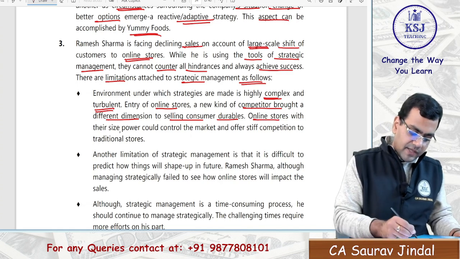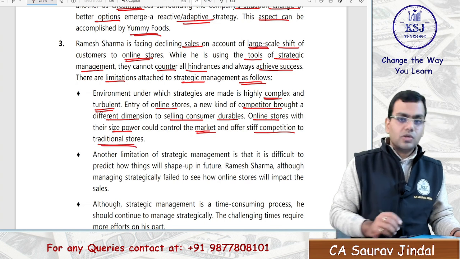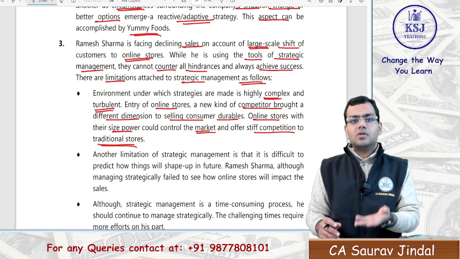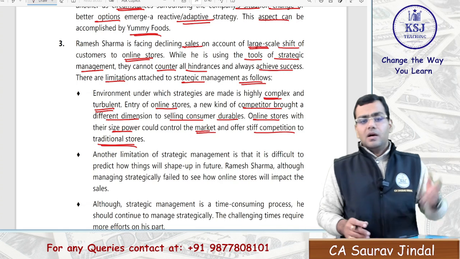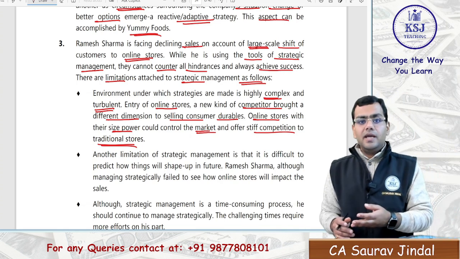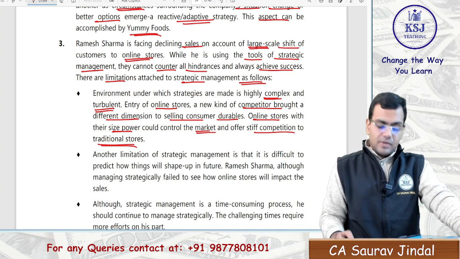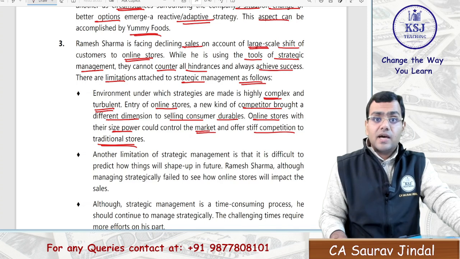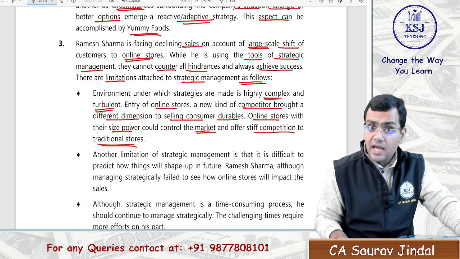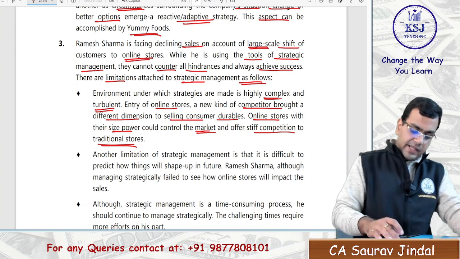Online stores with their size and power could control the market and offer stiff competition to the traditional stores. The biggest example is Amazon. That's why I'm saying the Amazon people, the top level management sitting in the US, are making the strategies. And here in India, we won't know what strategies they are preparing, right? And they have the power, the size, the resources, the money to take up the marketplace. Another limitation of